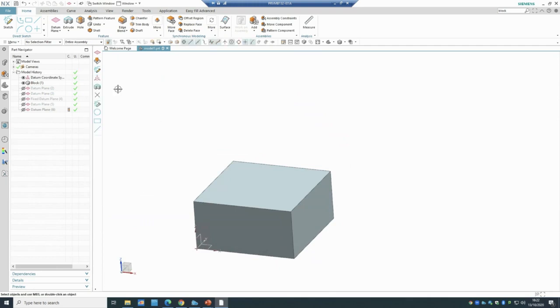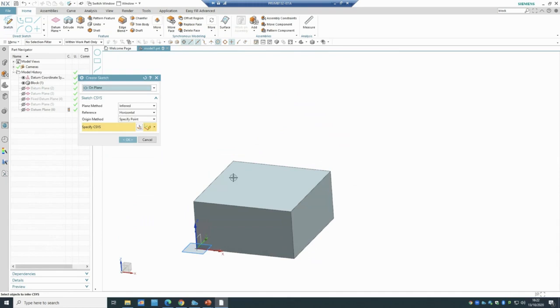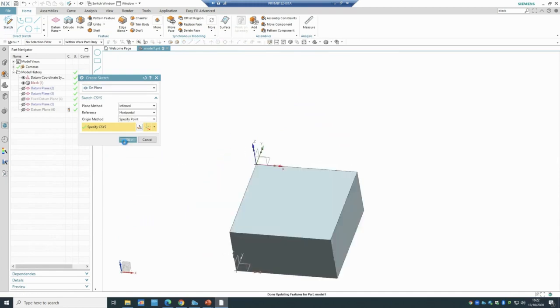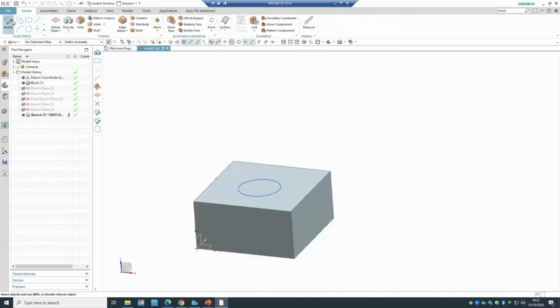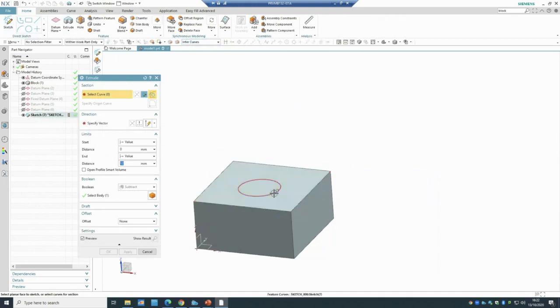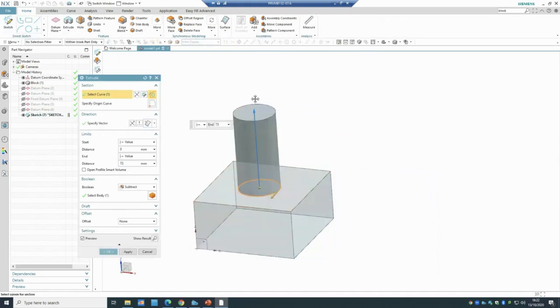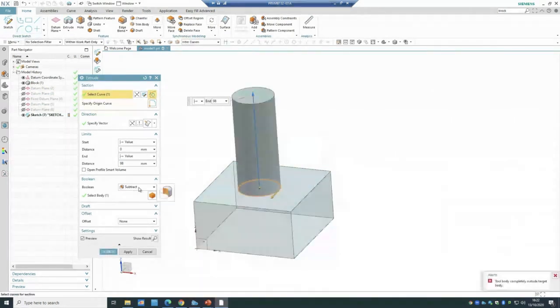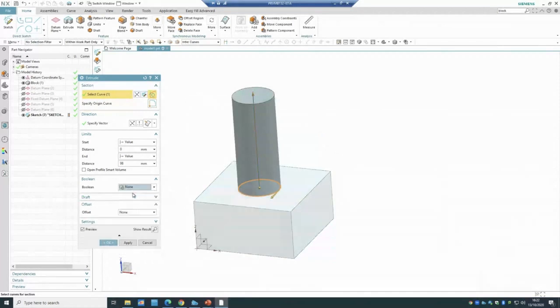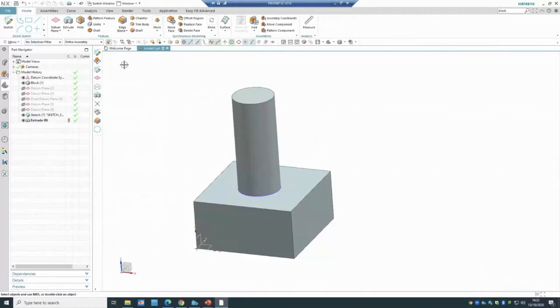So in order to have the tangent, let me do a sketch on top of the model that I have here. Maybe just create a simple circle. And what I will do, I will extrude this one. Okay. And now I'm also going to make sure this one is not subtract, it is unite, so it's a normal extrude. Okay, so let's say we have something like that, and we're gonna create a plane which is tangent to the